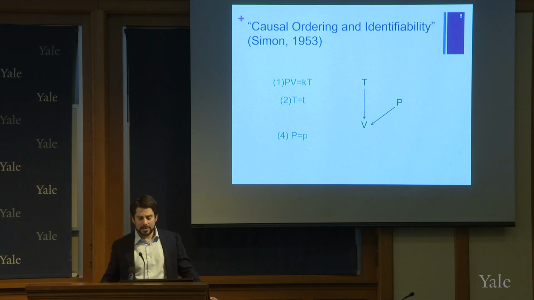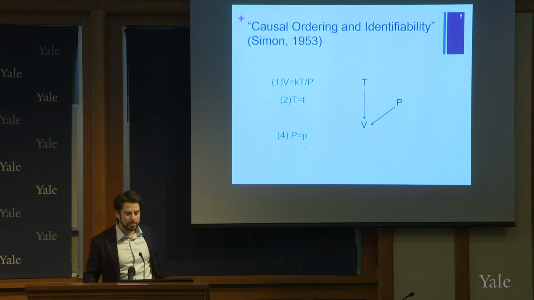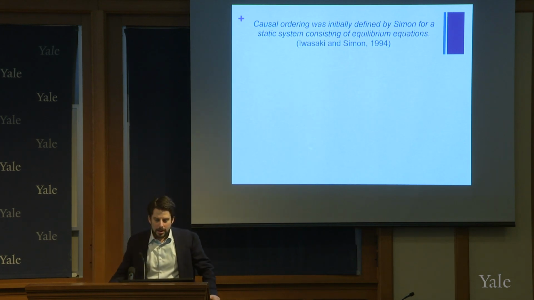Importantly, when you can do this solving for the causal ordering, then you can rewrite the equations as ordinary structural equations. So the type of stuff that we all know and love. You can give them a causal interventionist interpretation. You can add error terms, and they automatically satisfy causal Markov. So from this basic framework, you can get all the stuff that everyone's more familiar with, but with an earlier starting point. Okay, now why this matters for us really has to do with this later paper with Yumi Iwasaki,